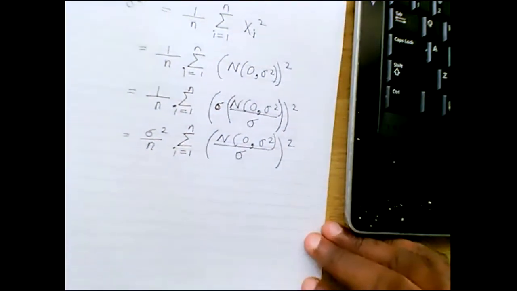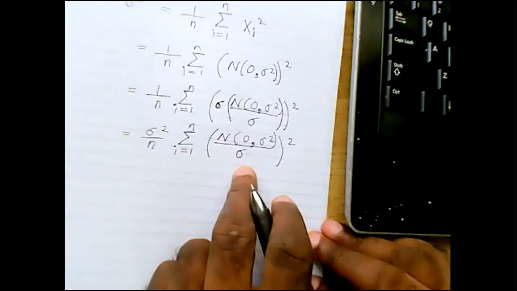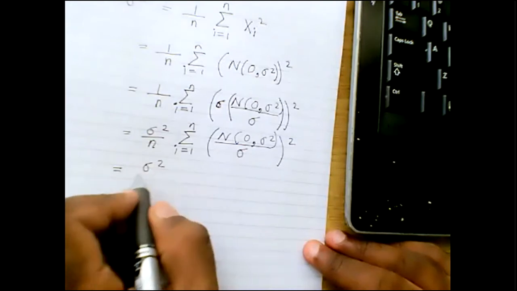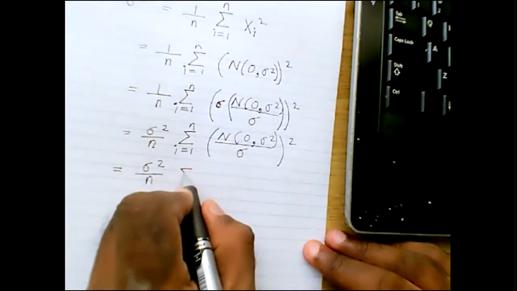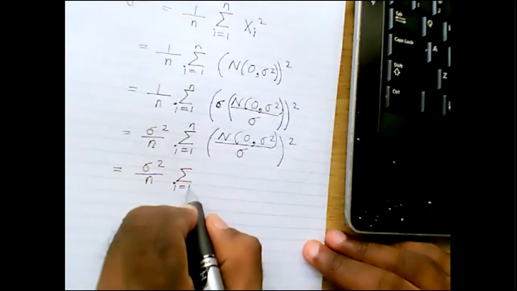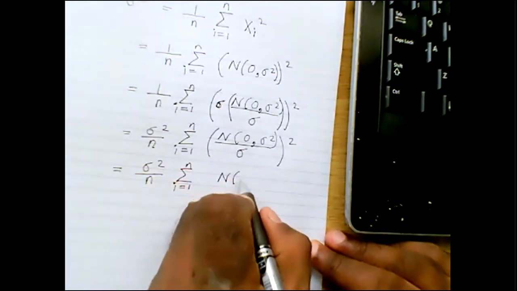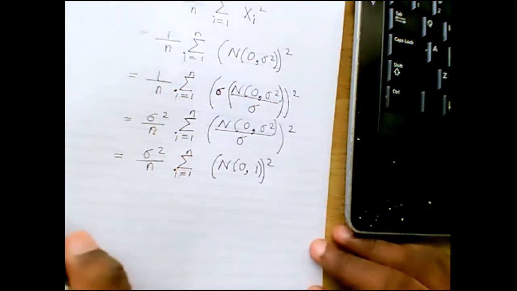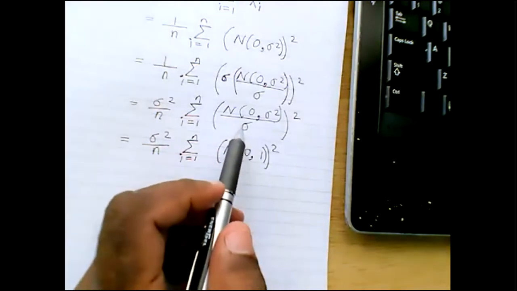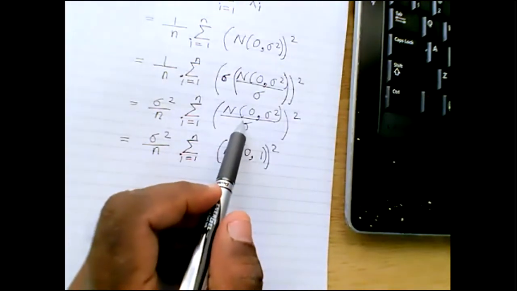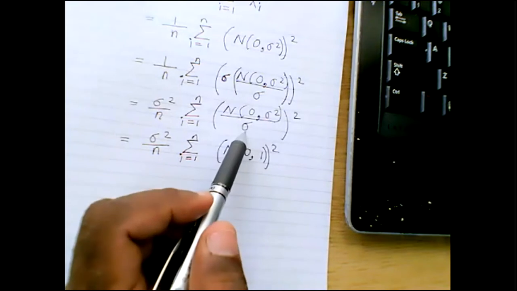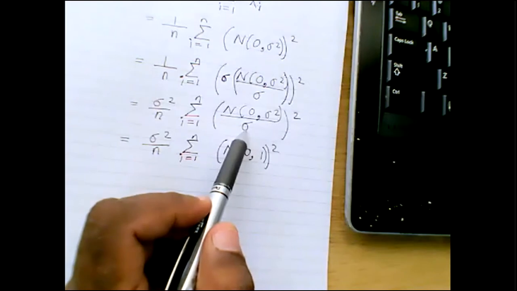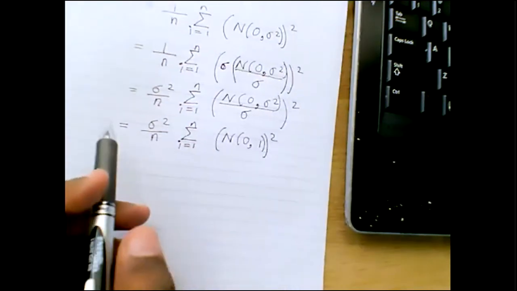Okay. Now, a normal variable divided by sigma is the standard normal variable. Remember, when you standardize a normal variable, you divide by the standard deviation, which is sigma here. So you get the standard normal. Now, if you look back,